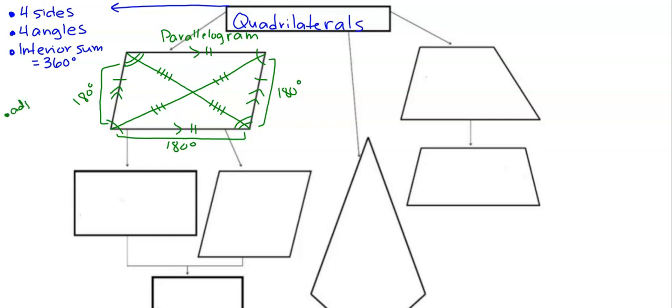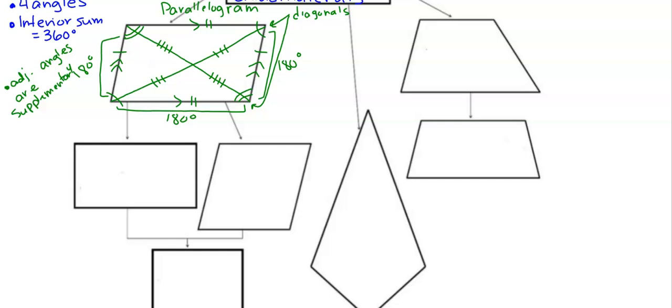I'm going to do adjacent angles are supplementary. Just so we have a little vocab in here as well. And then maybe just remind yourself that these are the diagonals. There and there. Okay, I think that's it for parallelograms. I'm just double checking my notes. Yep, that looks good. Okay, now as we move down the flow chart, each of these shapes is going to